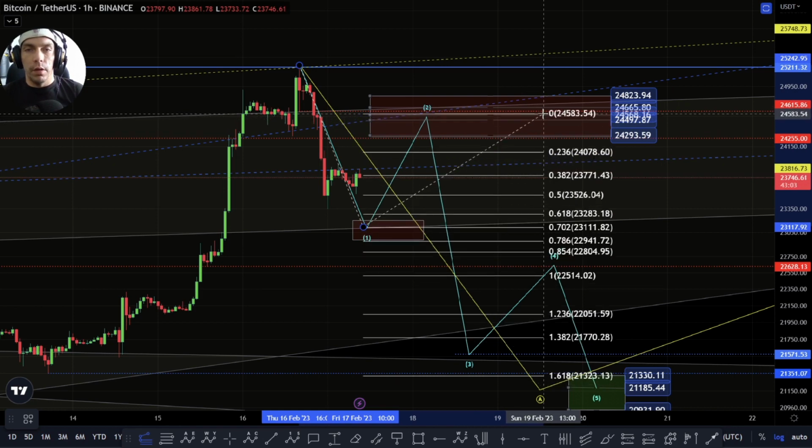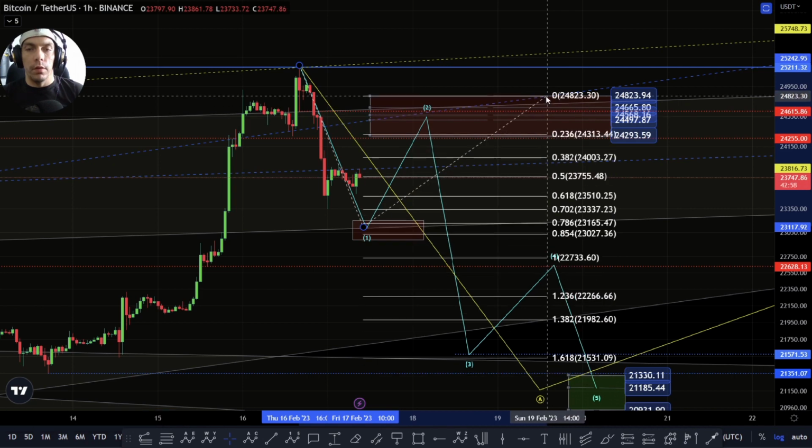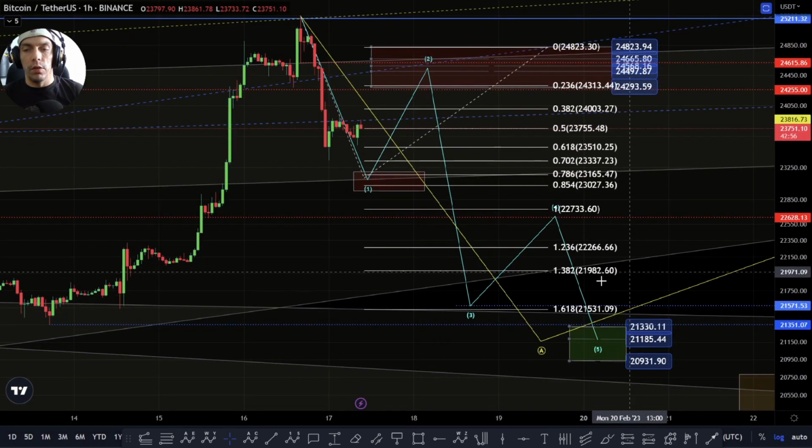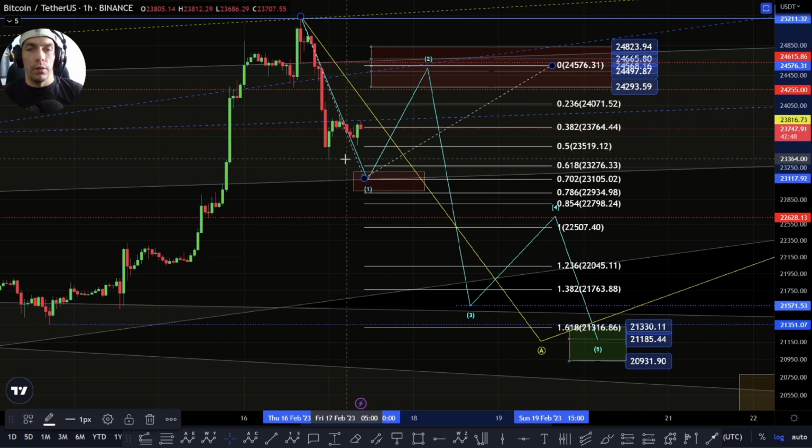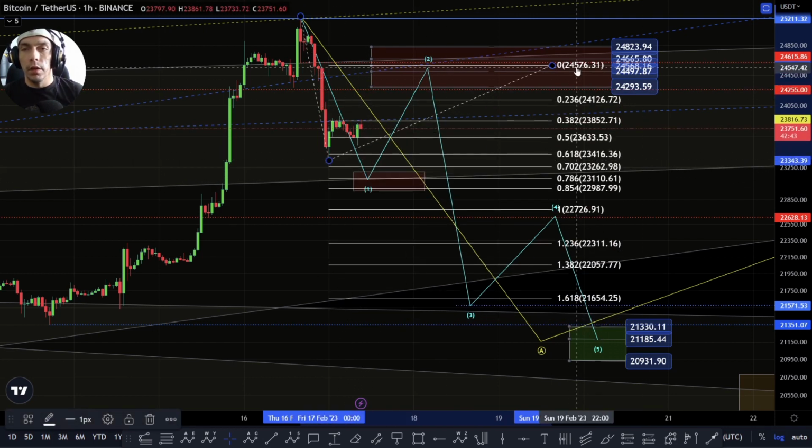But effectively, if we came up higher up here, towards a 786, we could be looking for this deeper move down here until we actually get this wave 2 in place. It's hard to actually project this. I've just done this off of this current structure, so I did this off of this zone, basically